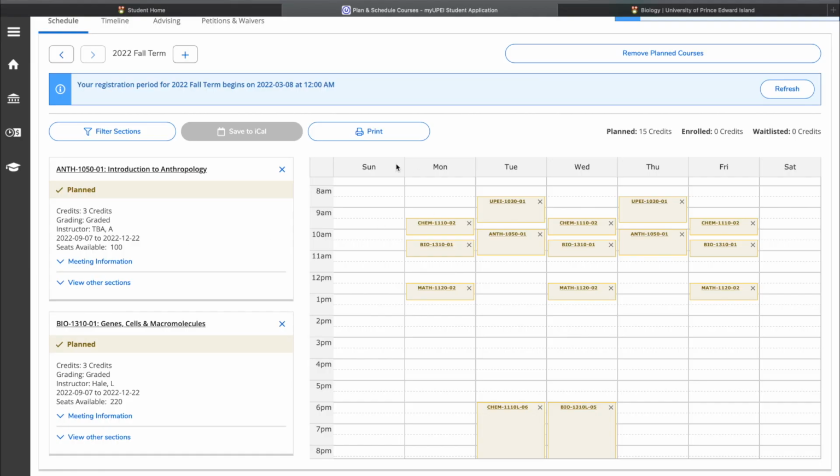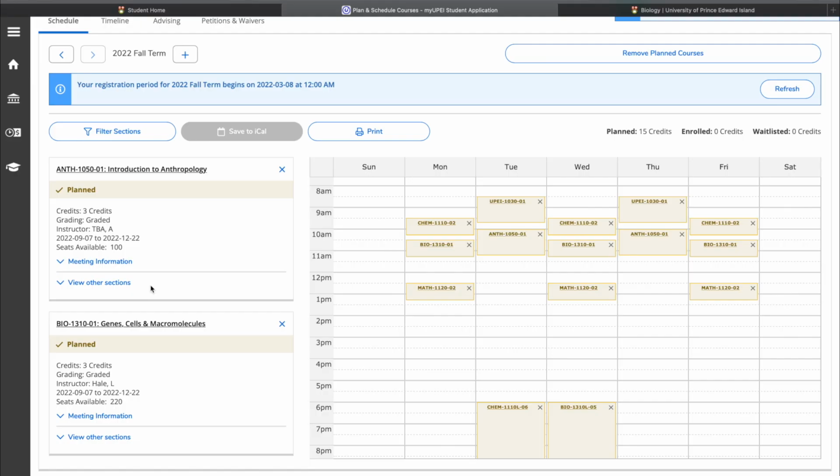So when you're looking at the plan, if the courses are yellow, that means it's planned. If you add a course to your plan and it shows up as red, it means the course is full. You're welcome to join the waiting list. So on the side here, you'll click the Join Waitlist button. Then you'll be on the waiting list. If you make it to the top of the waiting list, you'll receive an email to your UPI email address with a notice that you have 24 hours to log in to your student plan and click the register button to enroll in that class. If you wait more than 24 hours, then unfortunately you'll have to join the waitlist again and start all over again. But if you make it off of the waitlist, then you can just register in the course.